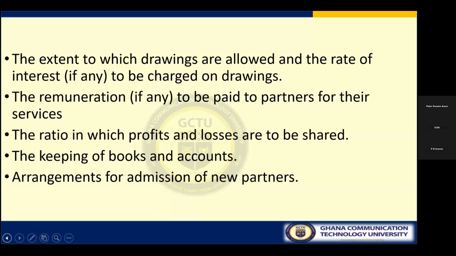If you opt to be an active partner, then it means that you are going to run the business on a daily basis. You go to work just as all workers will come to work, and then you close with them. Now, if any partner opts to be an active partner, then at the point of drafting the agreement, it must copiously be stated